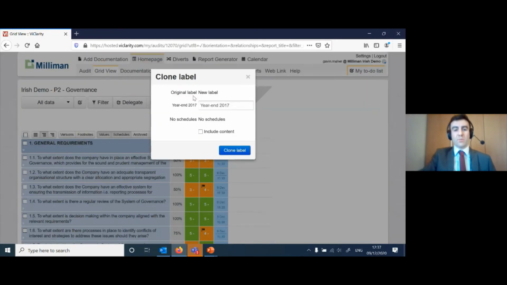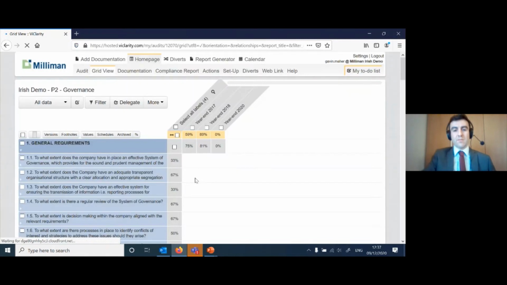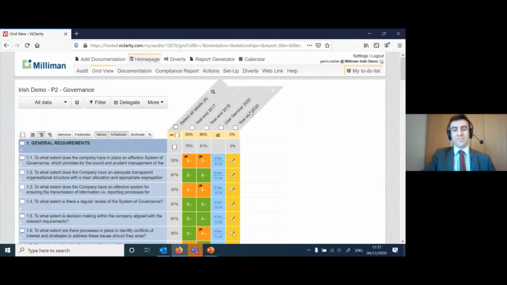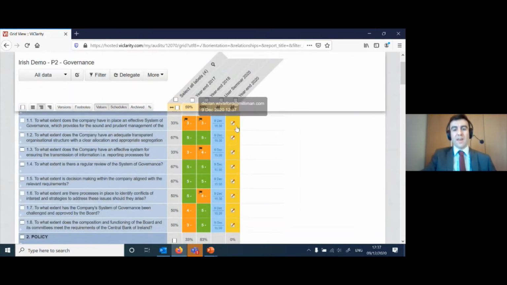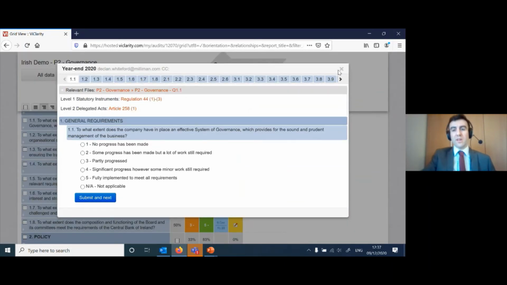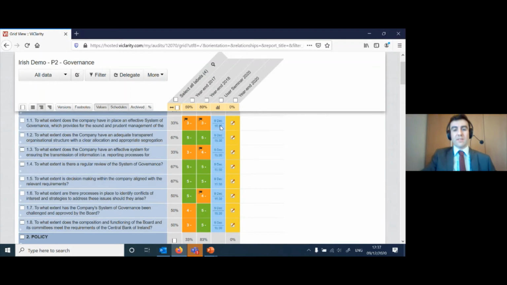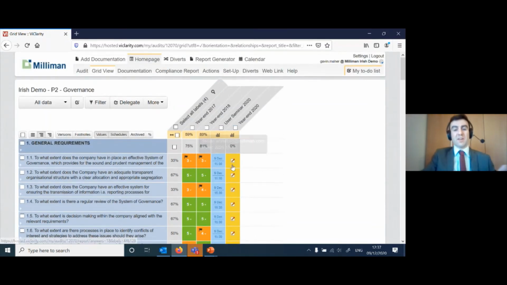So you'll see here what you want to clone. And then as an example, we might call this year end 2020. We're going to clone all those users who we delegated questions to. So if we clone the label here, you'll see these questions have gone out now. And you'll notice the difference between the blue and the yellow questions here. The yellow are the questions that are active, so if you go in here, these can be answered straight away. That's the kind of flag for something being not answered, whereas the blue is something that hasn't been activated yet.